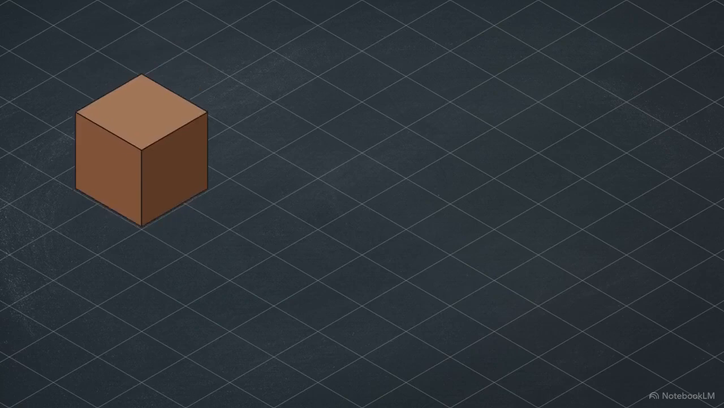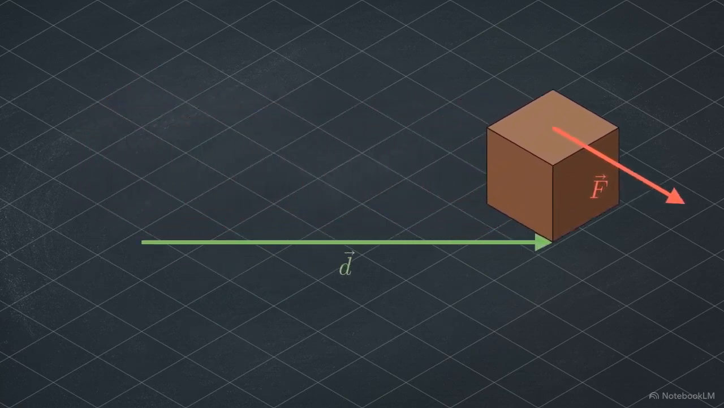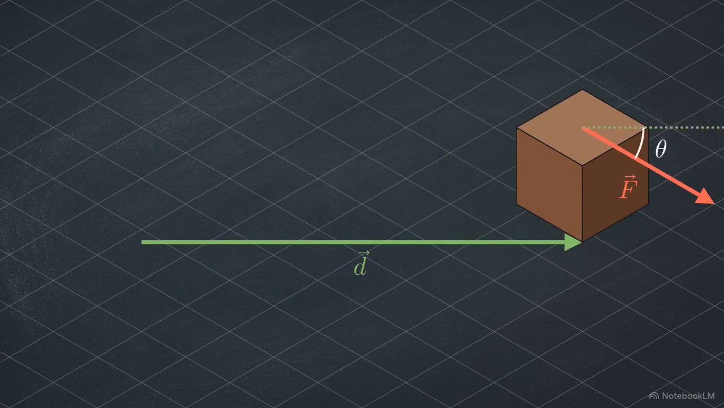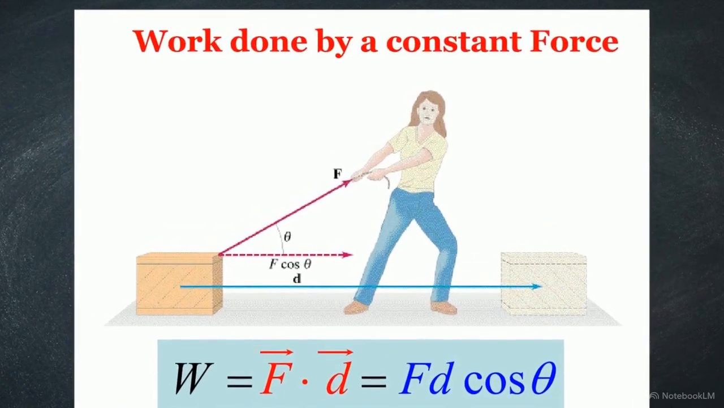Calculating that energy transfer presents a mathematical hurdle. Forces are rarely applied in the exact direction that an object actually travels. This diagram illustrates a common directional mismatch. Here, a woman is pulling a heavy block across the floor using a rope. Because she pulls upward at an angle, only a specific fraction of her physical effort actually contributes to moving the